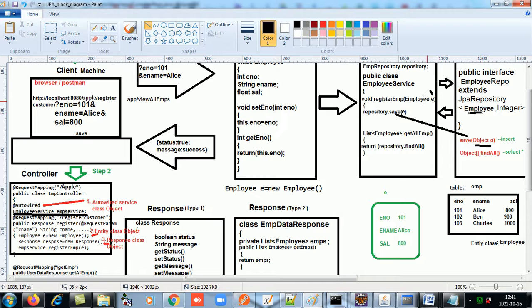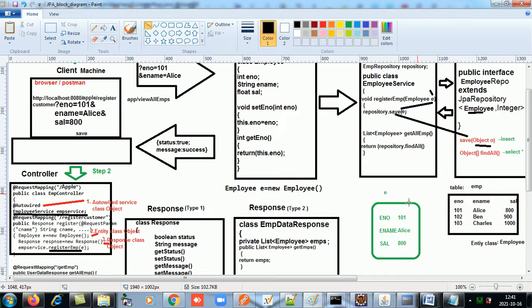Employee. So register employee will have an object of the employee class. This object will be passed to the save. So whenever we call register employee, we have to pass the object of the employee class. So I will pass this E over here.